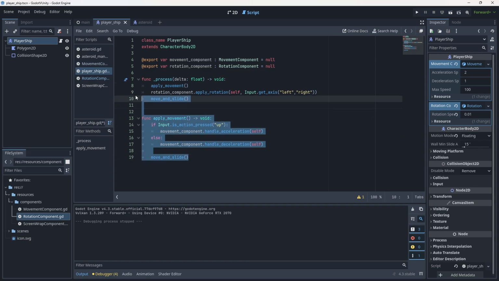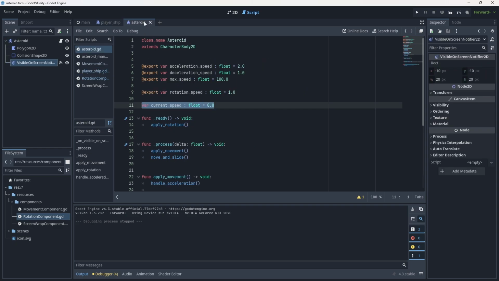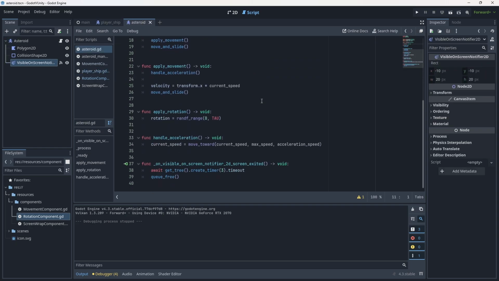There's a lot less in this actual script going on now, which is really good. The player doesn't need to know how it's rotating or what's controlling that. It just needs to know that it should be doing that. So, with that in mind, let's go to the asteroid, and this is where I want to start applying inheritance